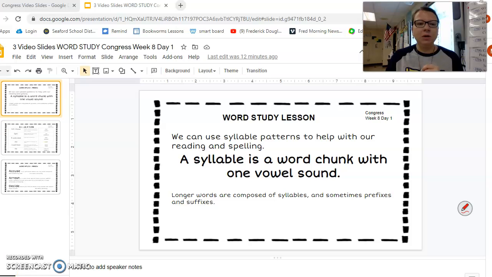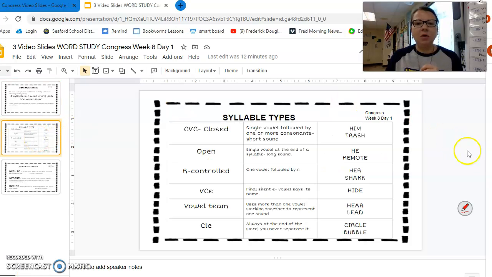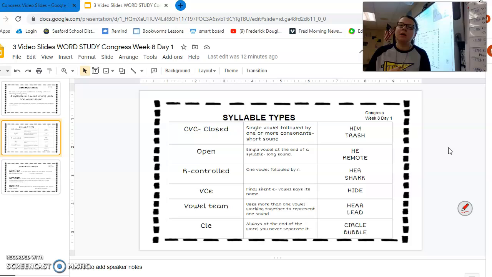Let's have a quick look and see all the syllable types that we talk about. The closed syllable, single vowel followed by one or more consonants, like in the word hymn or trash. Open syllable, there is a single vowel at the end of the syllable. The vowel sound will be long. R controlled is any type of syllable that has the vowel followed by an R, like in the word hair or shark,